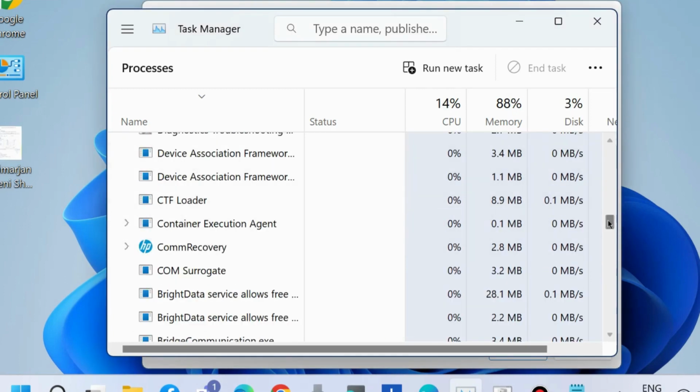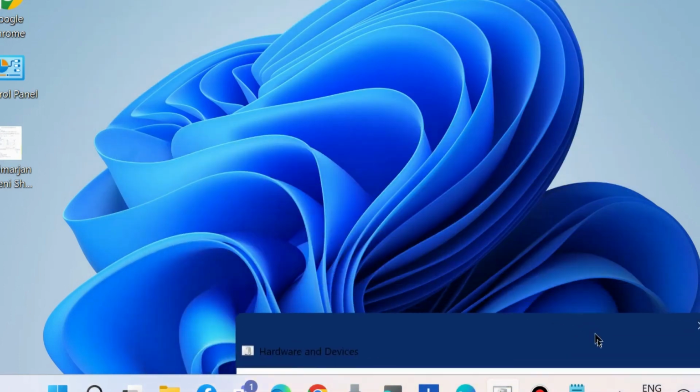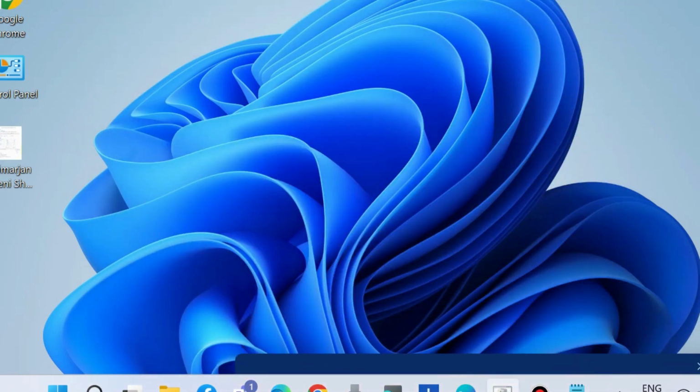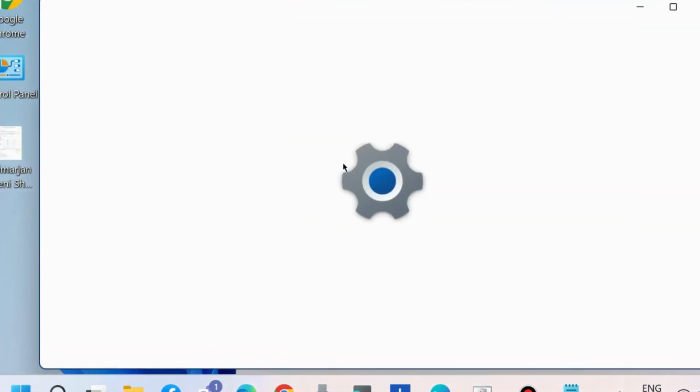Thereafter, go to the next solution. Launch Windows Update